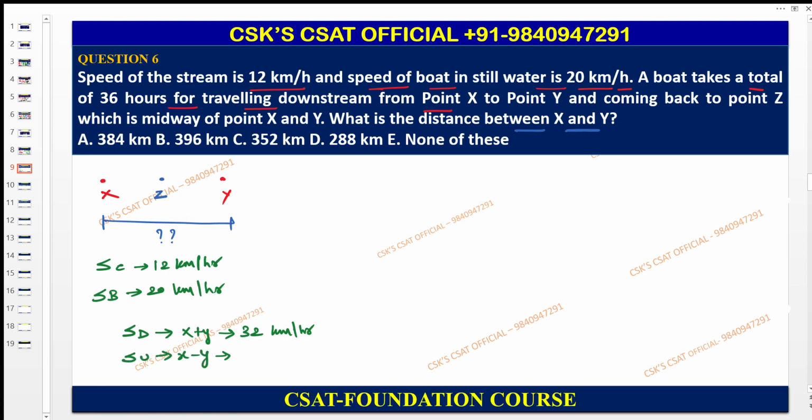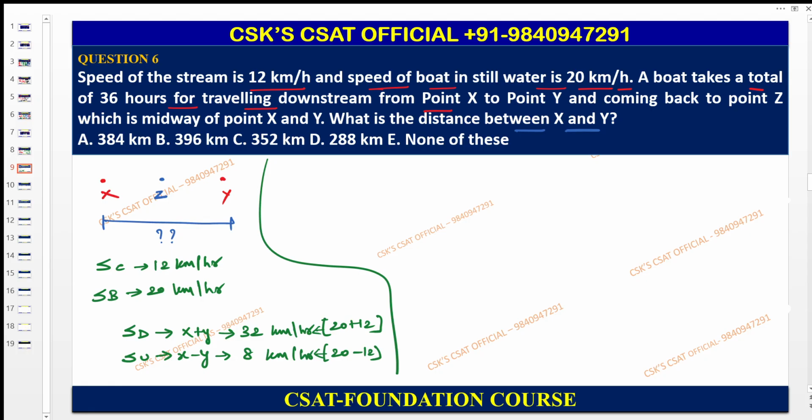Then downstream speed you can calculate as x plus y, which becomes 32 km per hour. Upstream we can find x minus y, so that is 20 minus 12, which becomes 8 km per hour. If you want, you can write here also 20 plus 12, 20 minus 12. While doing the revisions, that will help you. So after knowing this,